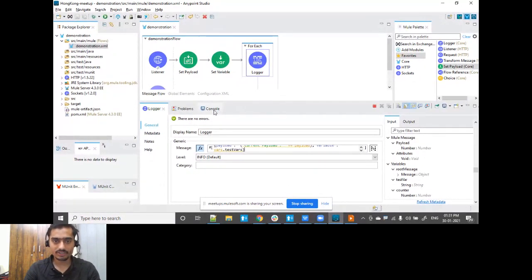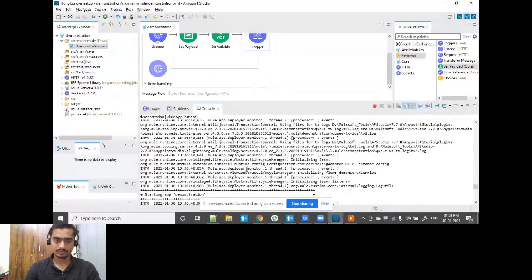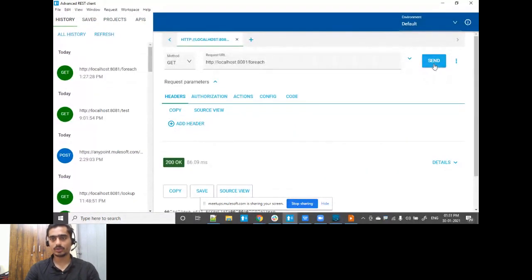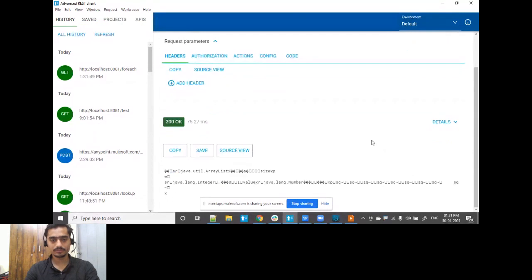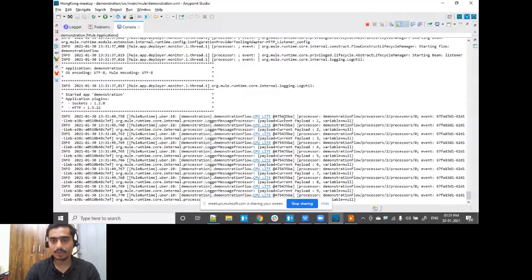Let me wait for the application to get redeployed. Application redeployed. I'll go to Advanced REST Client, click on send. It's working perfectly fine. If I come back to the console, you can see by default it is saying current payload 1, 2, 3, 4.